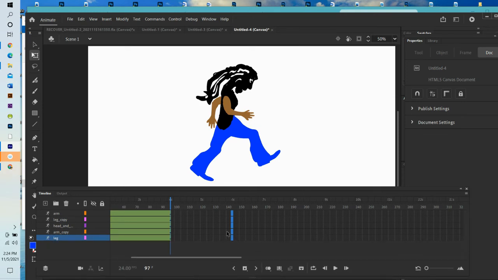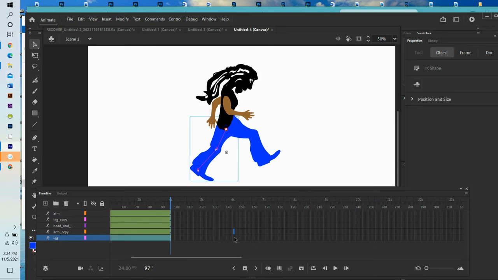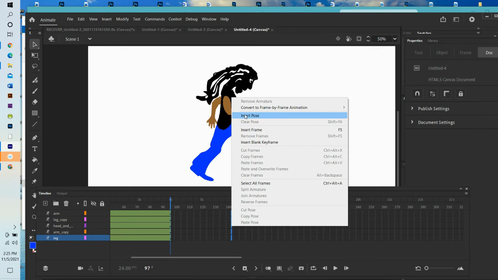Okay, so there, and now I'm going to insert another pose. Let's do that again. I'm not on the select tool. I was on the free transform tool. So let me just hold the control key so I can select all of them. Now, right click, insert pose,